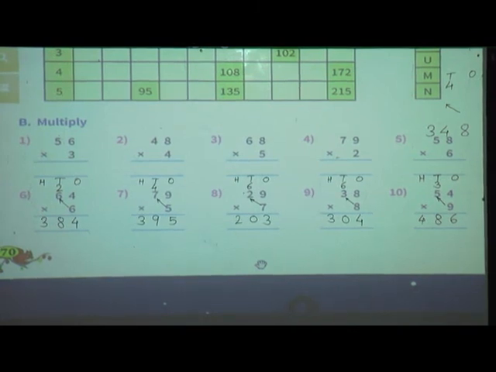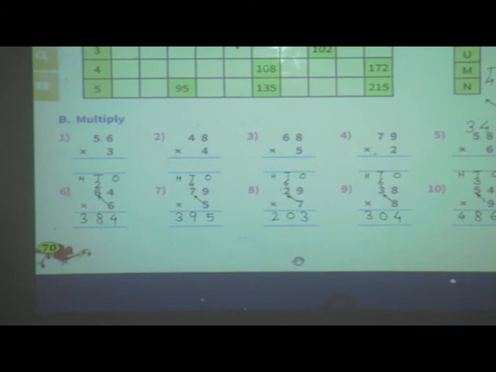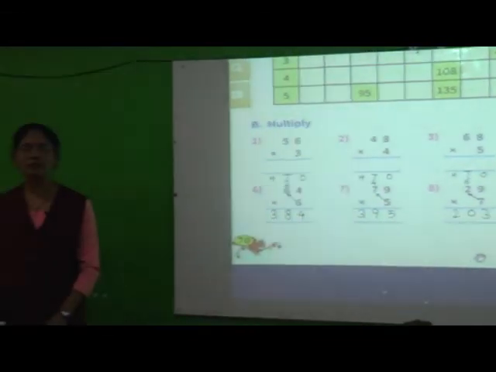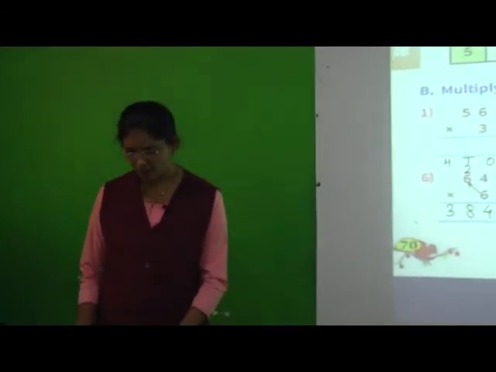Okay, so students, in this way today we have completed the exercise 5.3. In the next session we will see the next exercise. So till that time you have to complete the table and you have to do the practice of this 5.3. In the next session we will see the next exercise.